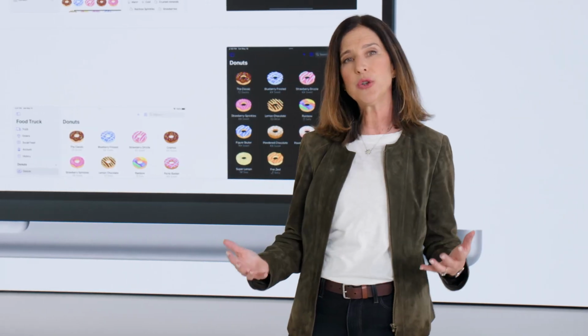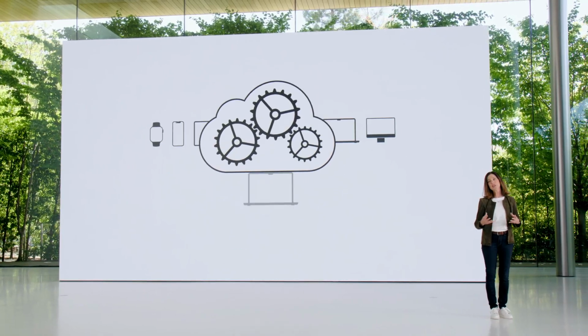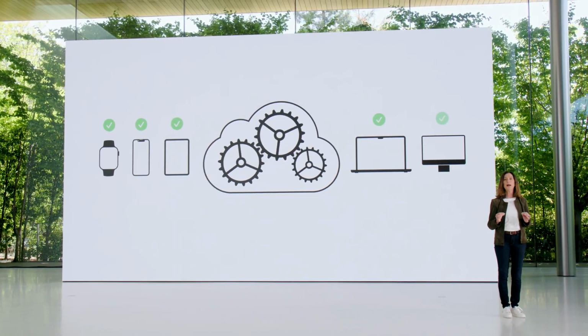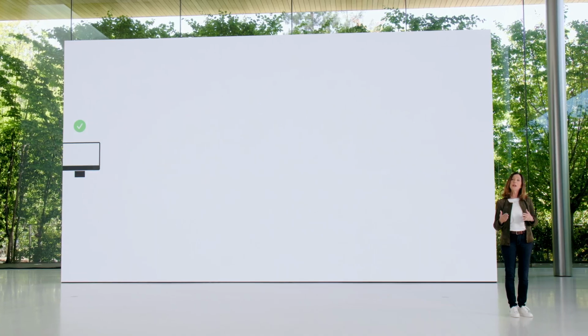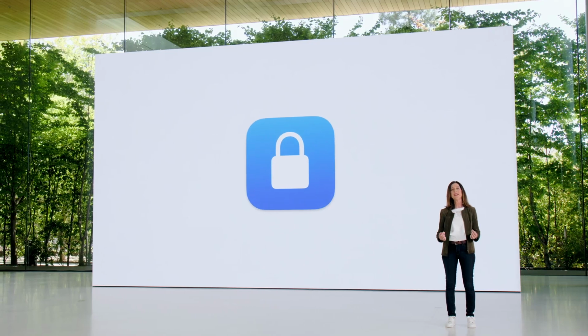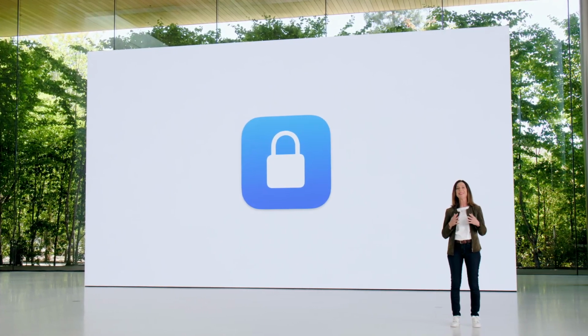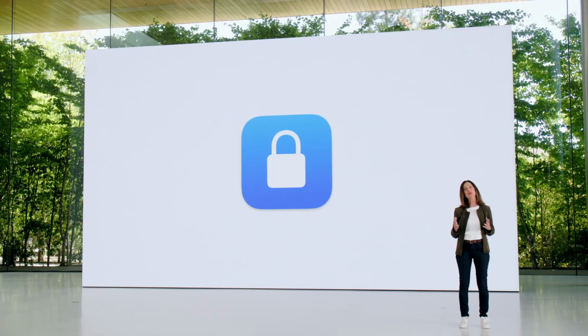It's a continuous integration and delivery service built right into Xcode and hosted in the cloud. Xcode Cloud supports development for all Apple platforms. It integrates with TestFlight and App Store Connect, as well as every major Git-based source control provider. It even has REST APIs to help connect to other aspects of your development workflow. It's built with advanced security to protect you and your projects,